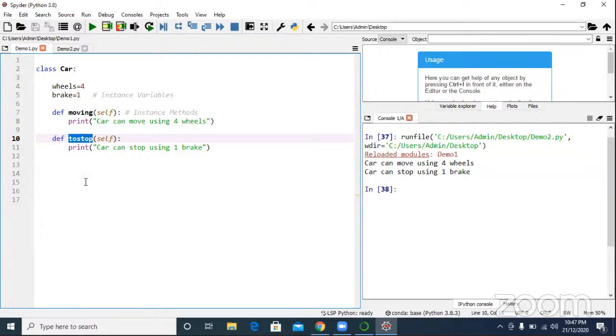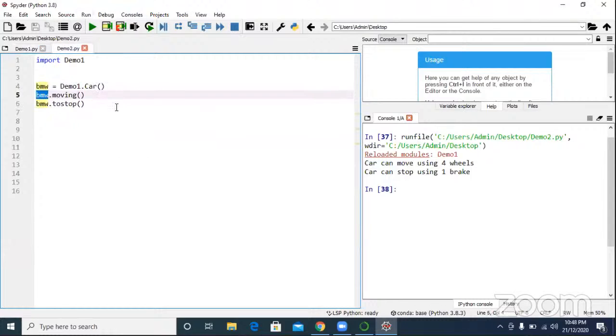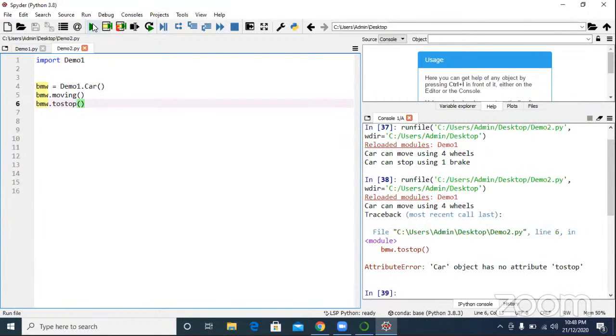Now if you put underscore, then that method is called a private method. You know private in access modifier? Sorry, access specifier? Here we don't have public and private. We won't write them actually. If you put underscore underscore, simply you have to understand that is a private method. So in Java, can you call private methods outside? No. Here also no. If Java says no, Python also says no.